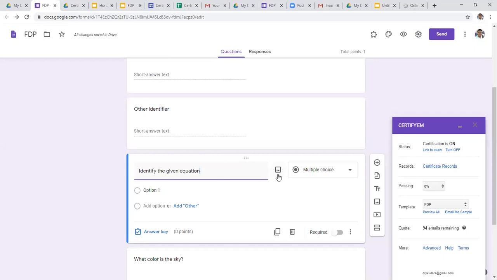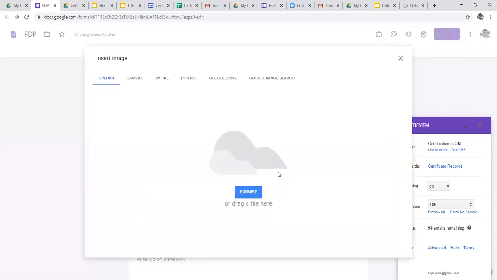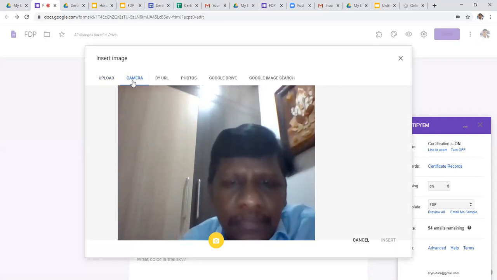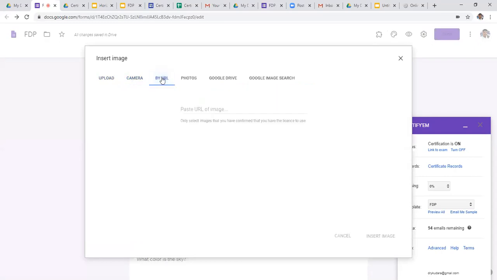So you click on this image, and we get different options like upload or camera. We can directly take a picture. This is my picture. We can directly upload or use a URL. And here we can paste the URL. Control V. The equation corresponding to this URL is available here: X of s equal to integral minus infinity to plus infinity x of t e power minus st dt. Then insert the image.